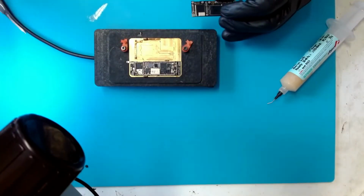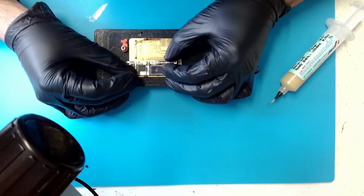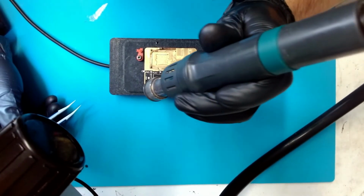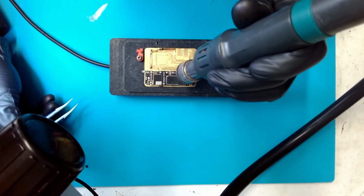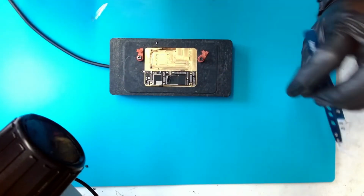Put the lower layer on the preheater and apply flux. Carefully place the upper layer on top and adjust. Help soldering by applying hot air from the top. Apply pressure with tweezers. This is only used when the solder is still there from factory, as there are spacers